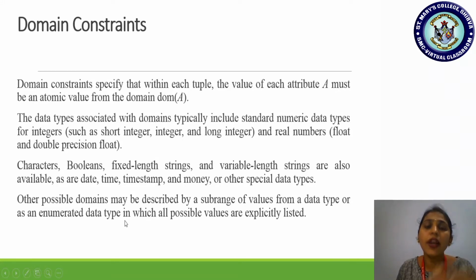Like if you are having a column weekday, let us take weekday. Which are the days you are supposed to provide the validity for? So an enumerated data type means which one? Sunday, Monday, Tuesday, Wednesday, Thursday, Friday, Saturday. These are the only values gathered in that list, and that data type can choose any of these particular values. Okay, so this is where we are explicitly adding certain restrictions.